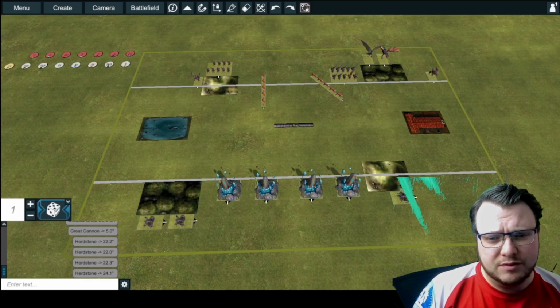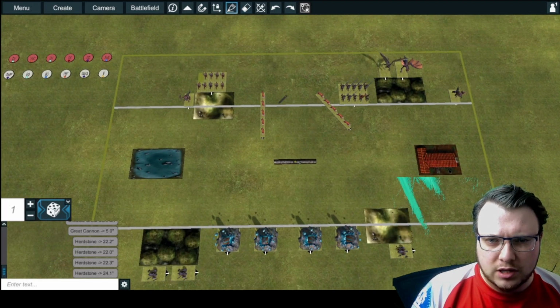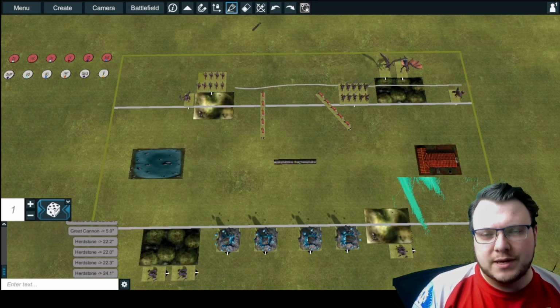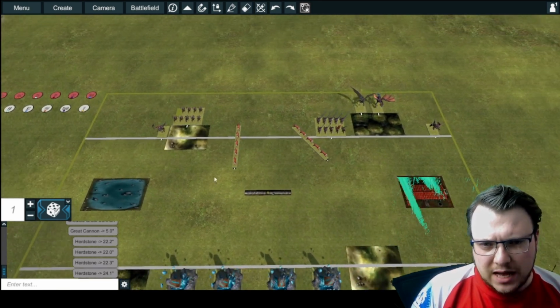So you've got a really, really solid 28-inch threat range, which means that if your opponent puts anything on the line or within 4 inches, basically if they're within this line here, I'm going to be able to get into them with an aggressive push. Now, you don't always want to go for an aggressive push, but